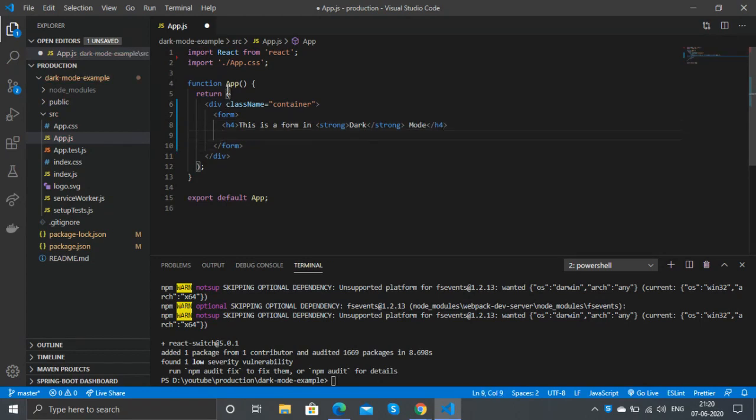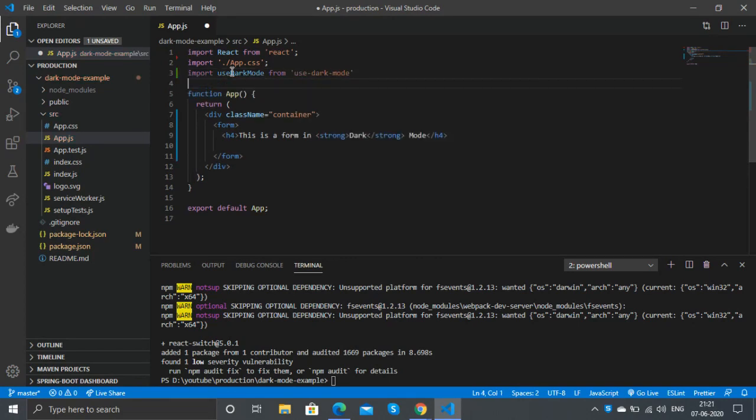Actually, we will replace the value from use-dark-mode. For that, let's import the useDarkMode hook from the use-dark-mode library. We will also import the Switch from react-switch.